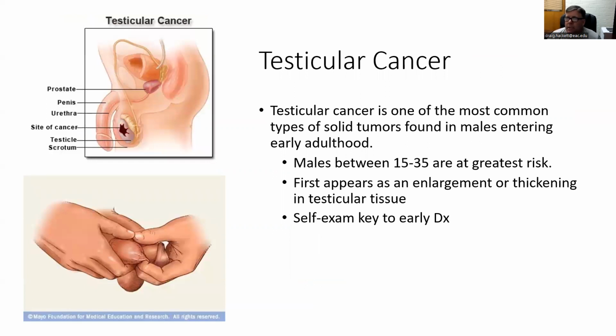Testicular cancer, I want the guys in the class to look at the age group for risk factor. It's 15 to 35. So realize that most of you are right smack dab in the middle of that risk factor. So once again, self-exams, making sure that the lumps that are there are the normal lumps. There are lumps in the testicle as it is anyway, but that's why regular exams are important. If you're like, well, that's a new lump, then you need to get it checked.